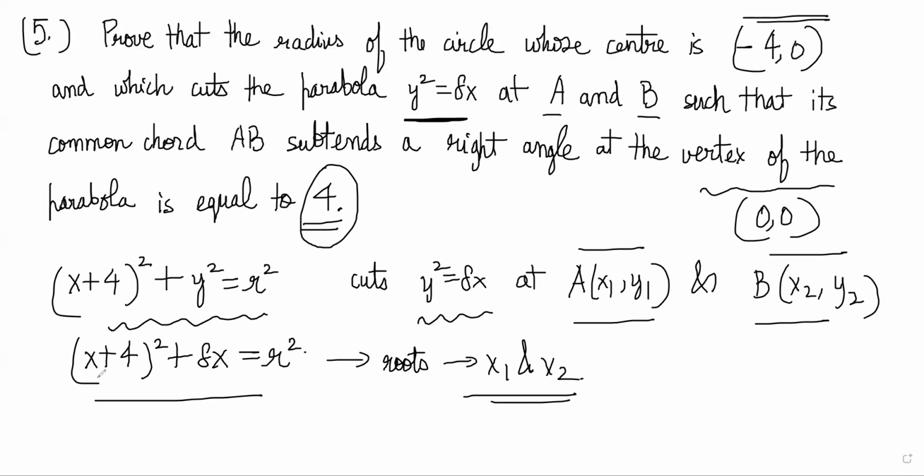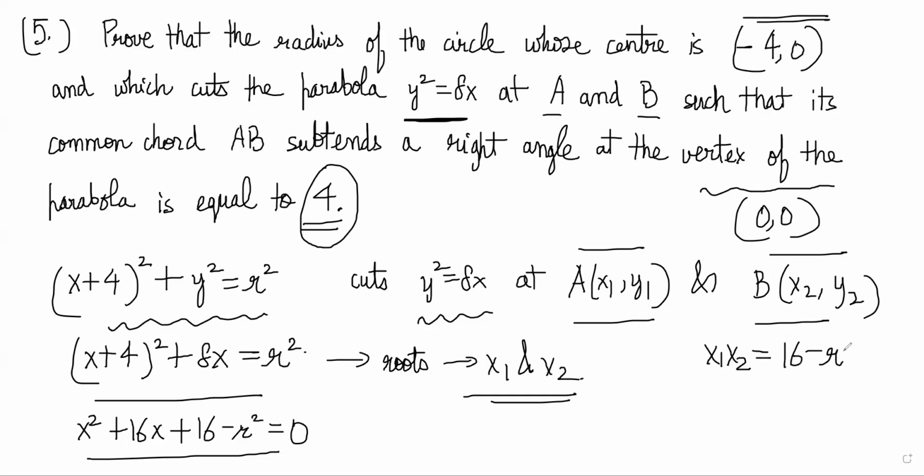So therefore, if I simplify this quadratic a little bit, what I will get is x². You will get an 8x here, so plus 16x, and you will get 16 - r², is equal to 0, right? So from this, I get that the product of the roots, x1x2, is equal to 16 - r²,